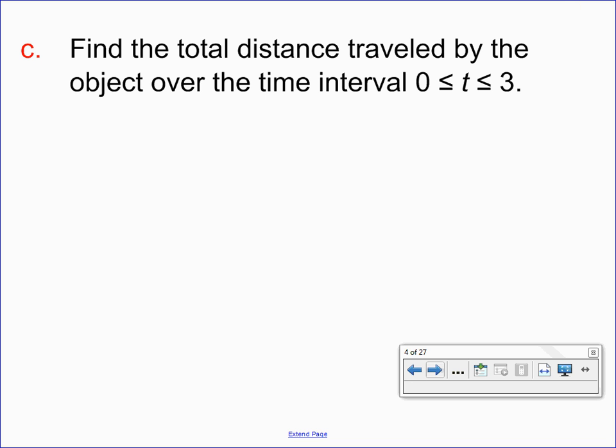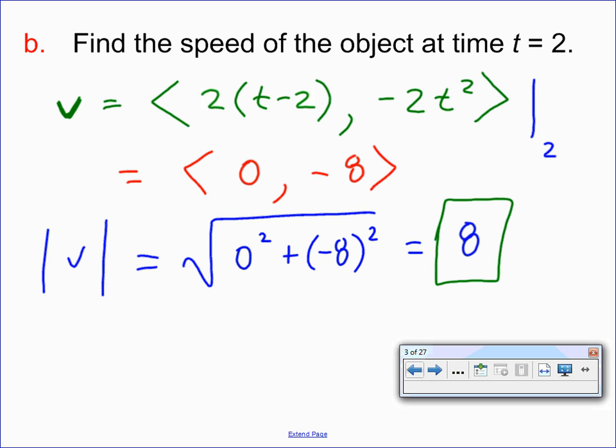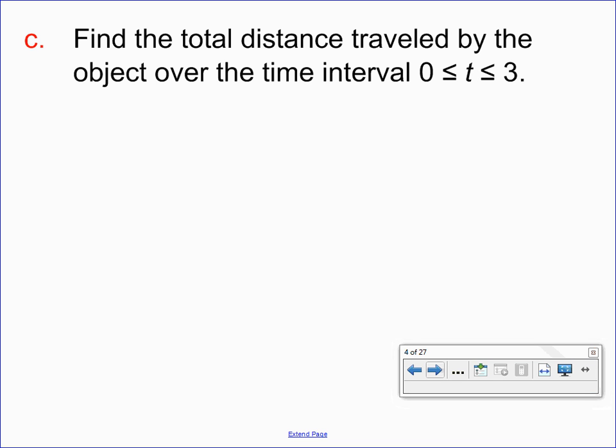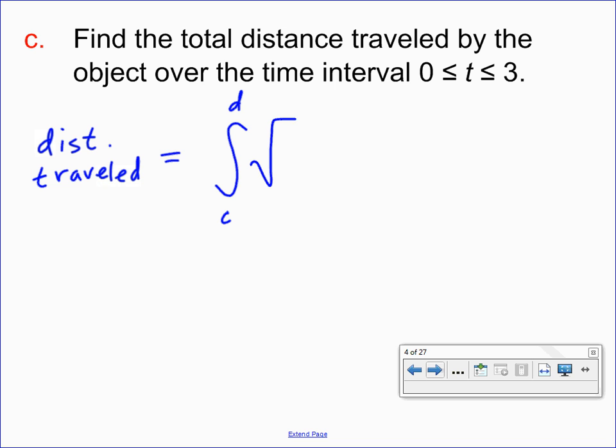And so once again, that's going to be the square root of my dx dt squared plus dy dt squared. And so B and C are connected, but they're different. So let's go ahead and start with our general. The integral for distance traveled is given by our integral from c to d of the square root of,